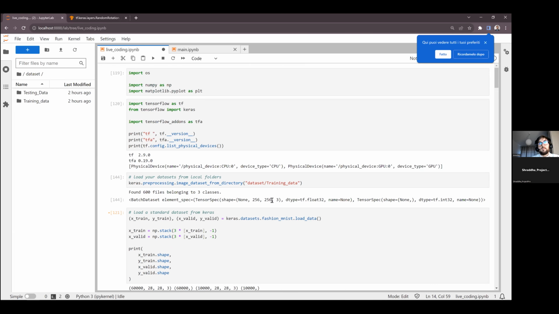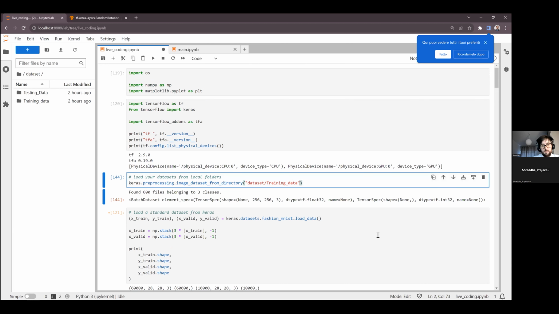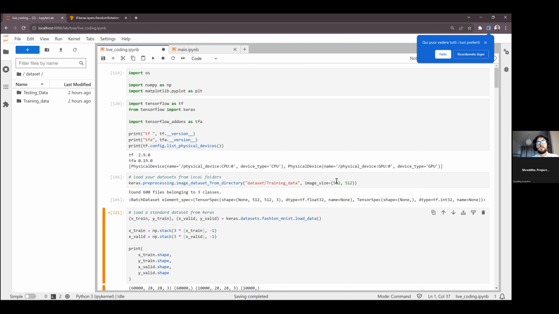It will give bigger images because that is the default, I think, but you can set the image size. You can say, hey, maybe I want smaller images because I want a smaller model, or I want really big images because I have big images and a big GPU and I want to try out a big model.